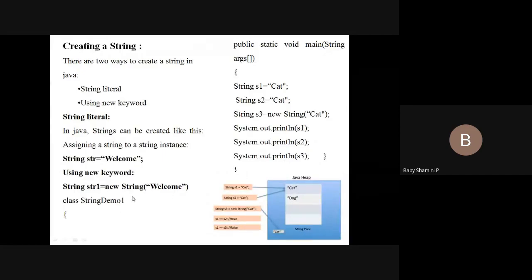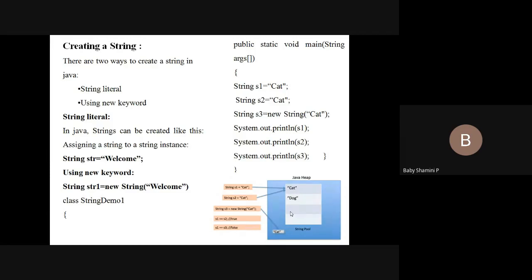And if you create a string using the new keyword, it allocates the value into non-pool memory locations. So if you perform a comparison operation with double equal, it displays the answer as false. Even though both the values are the same, it displays false because the double equal operator checks whether both point to the same memory location or not.